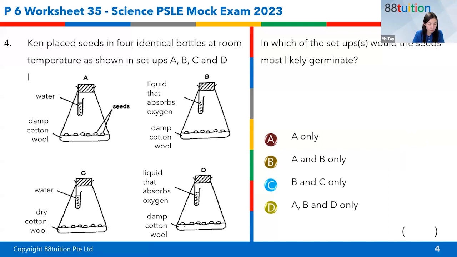Seeds are placed in 4 identical bottles at room temperature in the following setup. In which of the setup would the seeds most likely germinate? Tell me, what are the conditions for germination? Quickly. Let me see. Yeah, okay. Okay, good. The wow factors, right? The wow factors. Water,